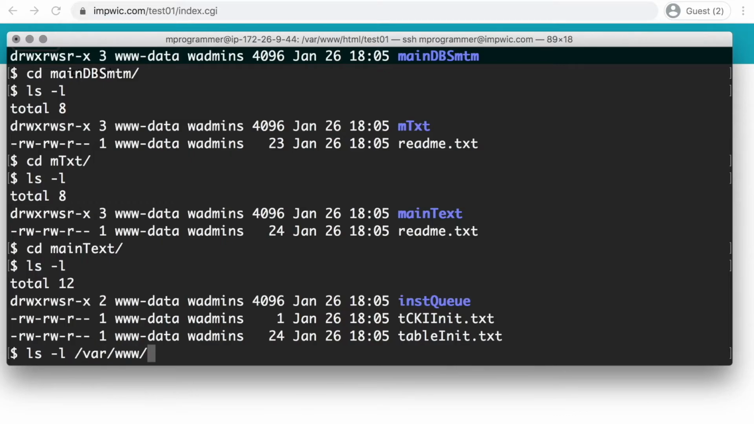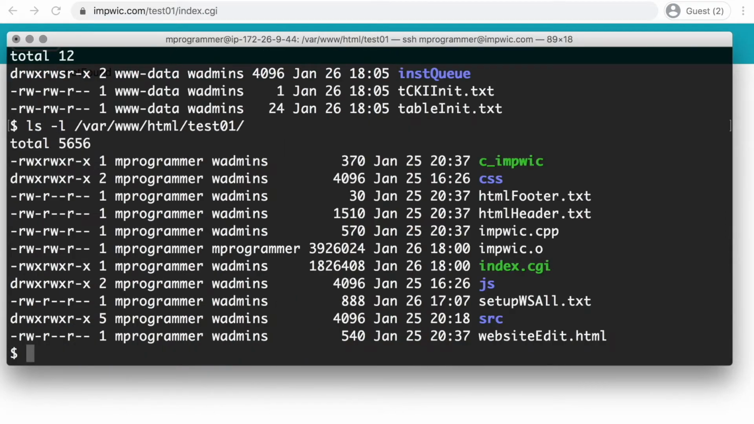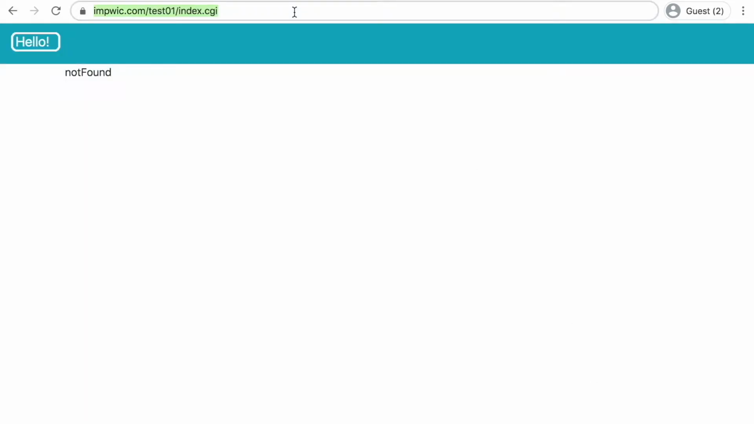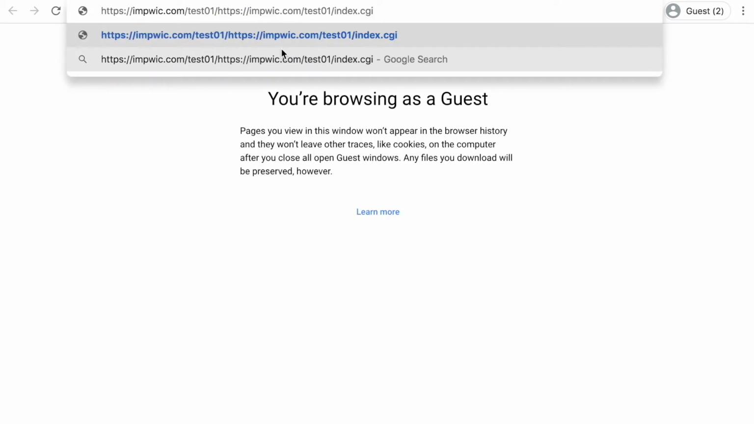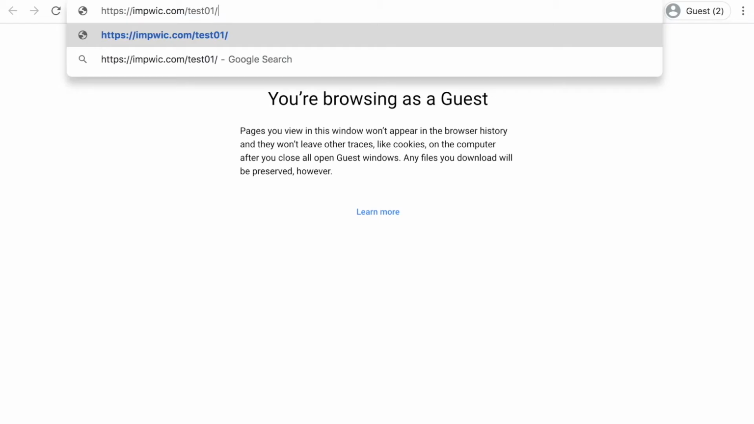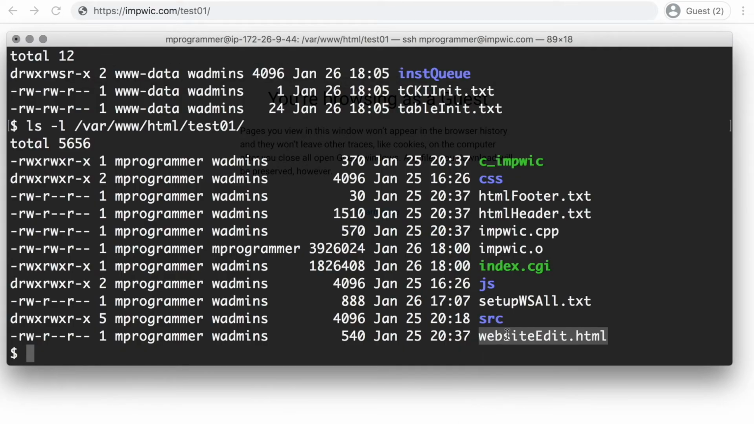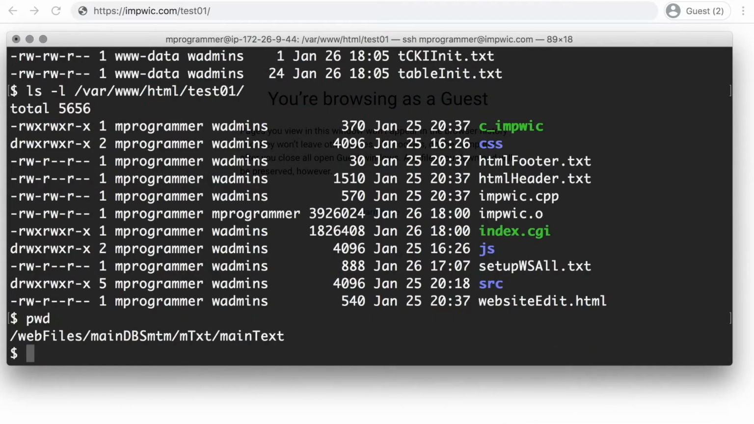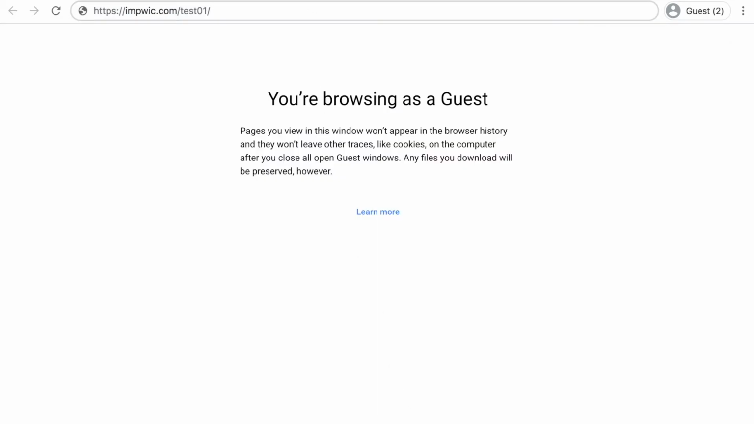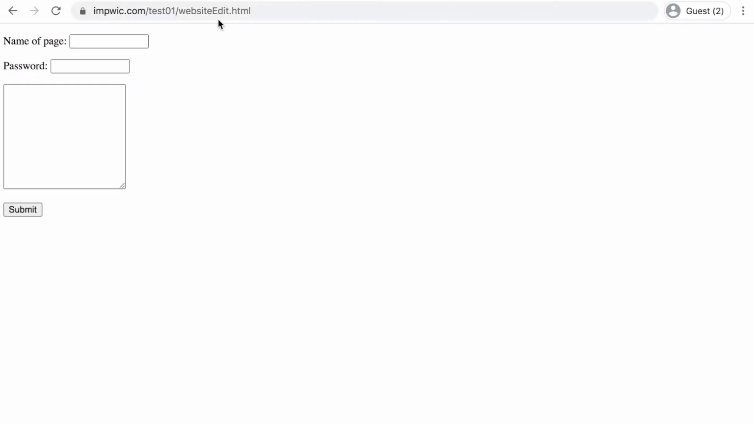It can add more texts in the database, and then later it can display those texts. Now, first, to add first few texts, we will use the form, and that form is called website edit.html. So we will type website edit.html instead of index CGI, and then we will have a form where we are going to put that password that we remember from before, impweek++, and then index CGI will recognize, oh yeah, so those guys know the password, I will let them add more